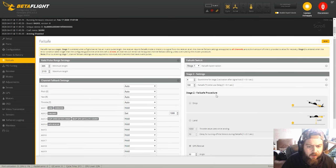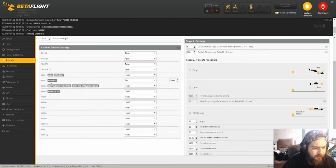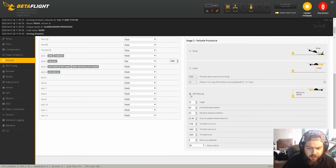And so under GPS, or under Failsafe, looking at these settings, I've clicked it into GPS rescue mode. My maximum angle, the angle that it flies back at, is 32 degrees. The initial altitude in meters is the altitude that it will jump to as soon as you click it into the GPS rescue mode. So I have it set to go to 80 meters, where 120 is like the